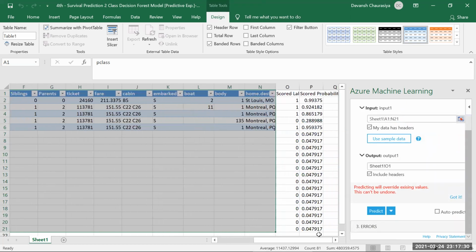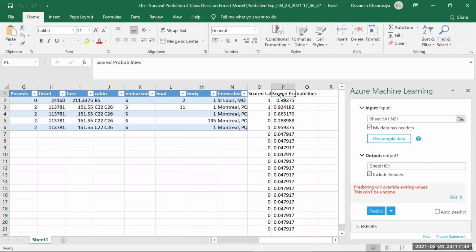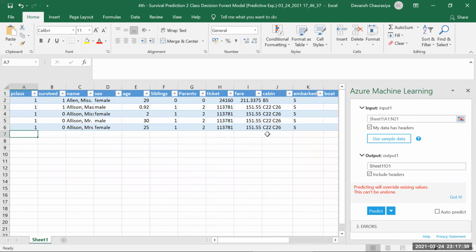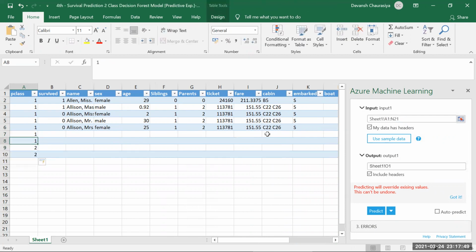All right. Now you see we have only two columns. Okay. Now let's say I put in passenger class 1, passenger class 1, passenger class 2, passenger class 2, and I put a male, then a female, then a male, then a female, and I add the age as 25, 25, 25, 25, and one sibling, one parent.